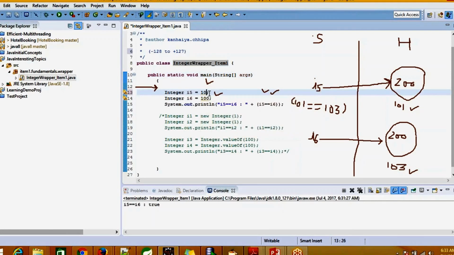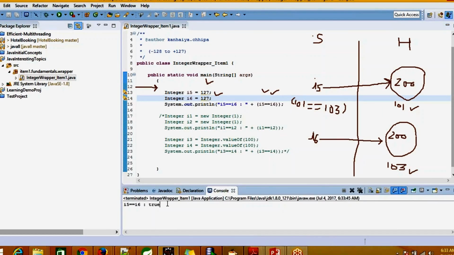So let me rerun this program one more time. Now I have 127 for both integer i5 and i6, and let me run this. True again, right? Because only one object would exist now.